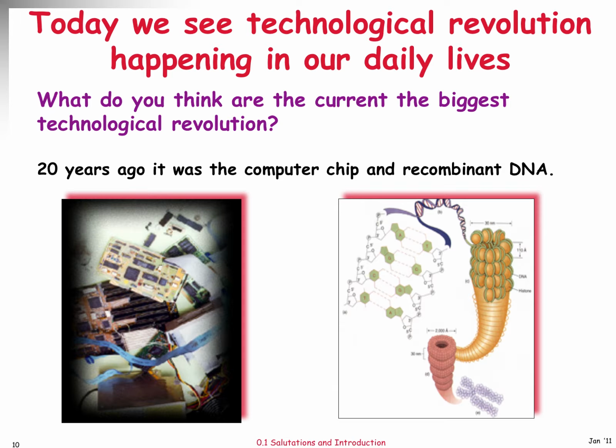So back at the turn of the century, we saw two great technological revolutions. These were the computer chips and recombinant DNA. These days we have supercomputers. Our desktop computers are so much stronger. Even the computers in our cell phones are so much stronger than the computers that were used to man the Apollo mission. And with recombinant DNA, we can now manipulate nature so that we can eliminate disease or put certain characteristics in living systems based on changing the genes.